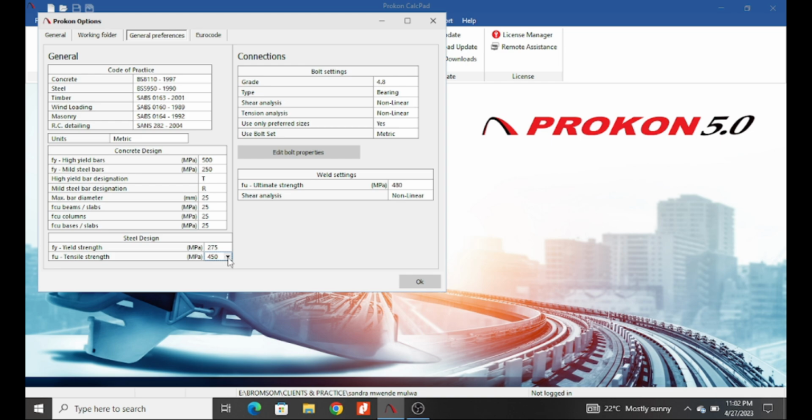You can also state the tensile strength of that bar, or the steel that you're using.